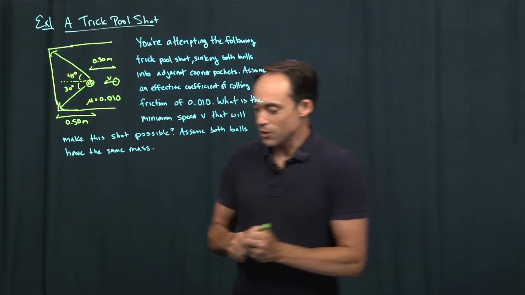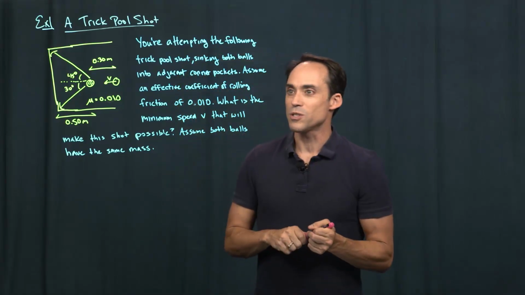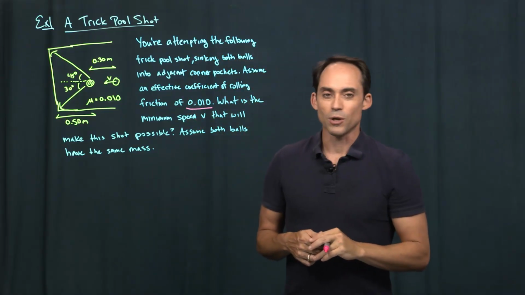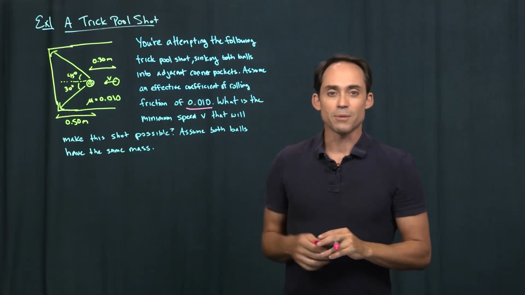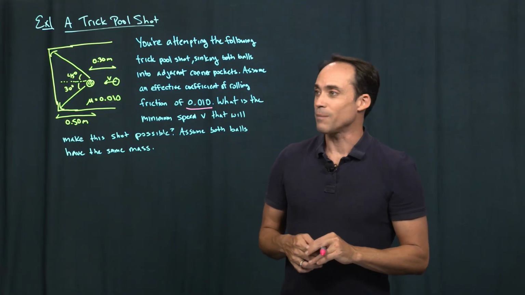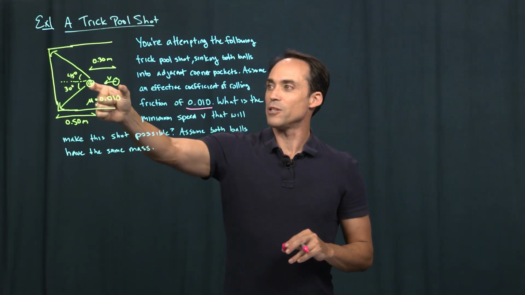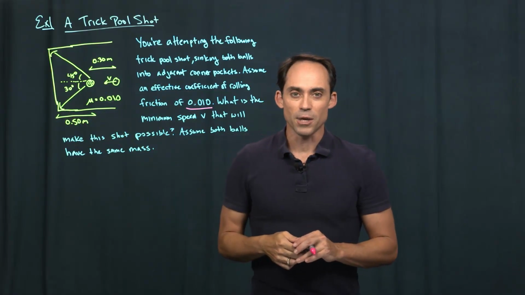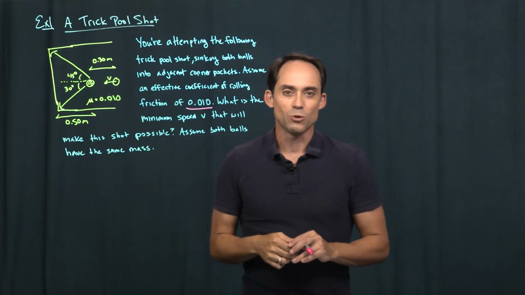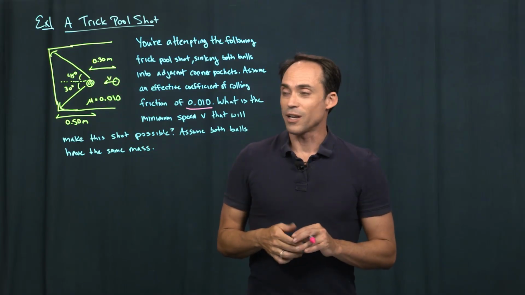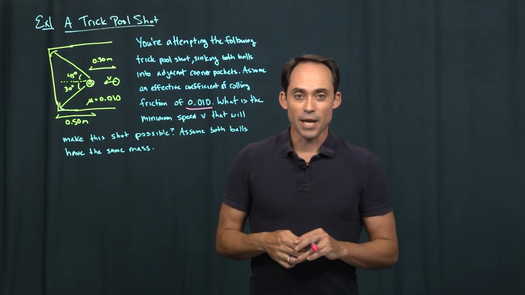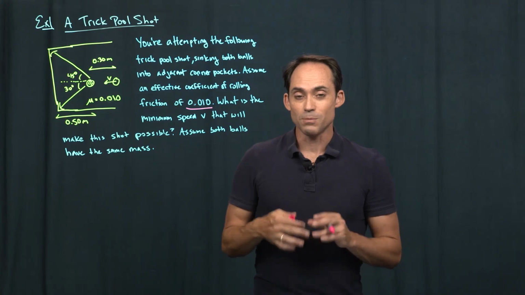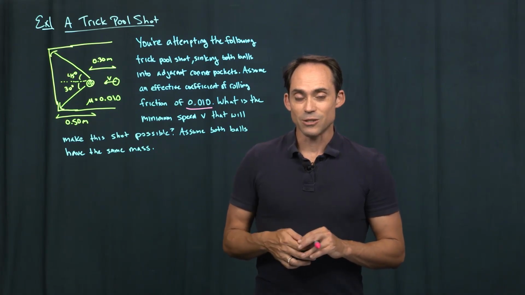Now, as always, it's important to look at what are our knowns and unknowns. Numerically, we're really only given the coefficient of friction, which is 0.010. But we're also given some of the dimensions of the problem over in the diagram, so that the distance between the white ball and the black ball initially is about 0.3 meters. The distance between the black ball and the far wall is about 0.5 meters. And then the angles at which these two objects have to go off are given by 30 and 45 degrees based on our diagram. So we've got quite a lot of the geometry already set for us. We just have to figure out what speed we have to knock this ball in to get both those balls